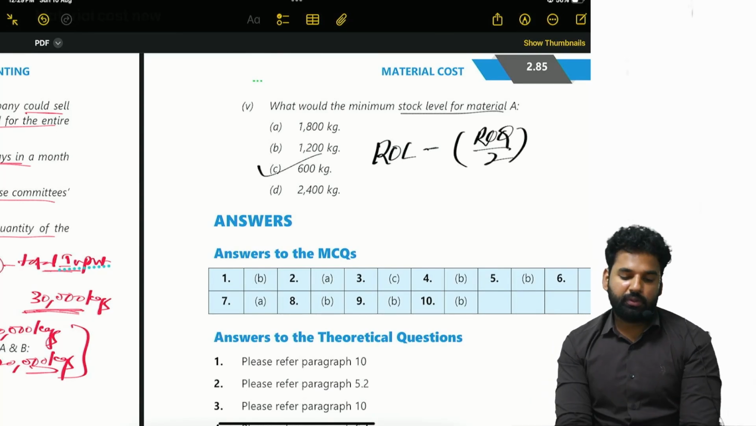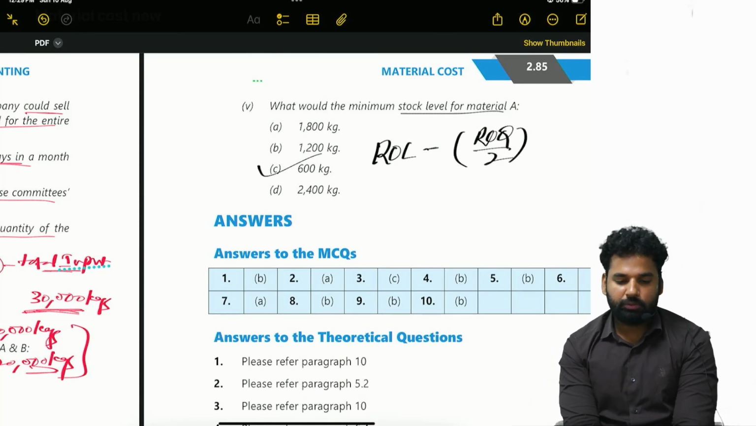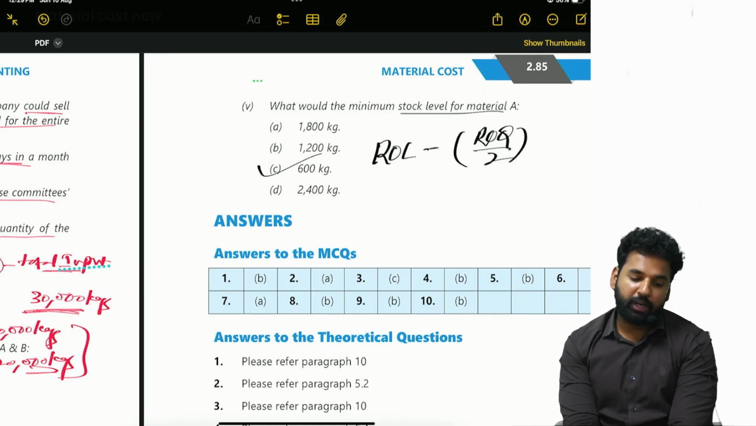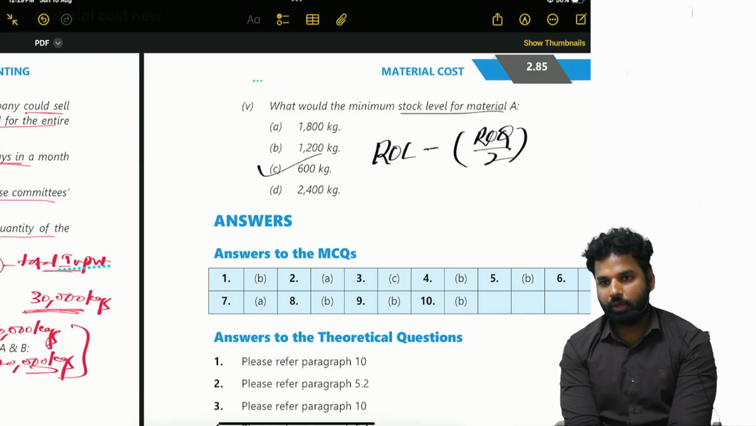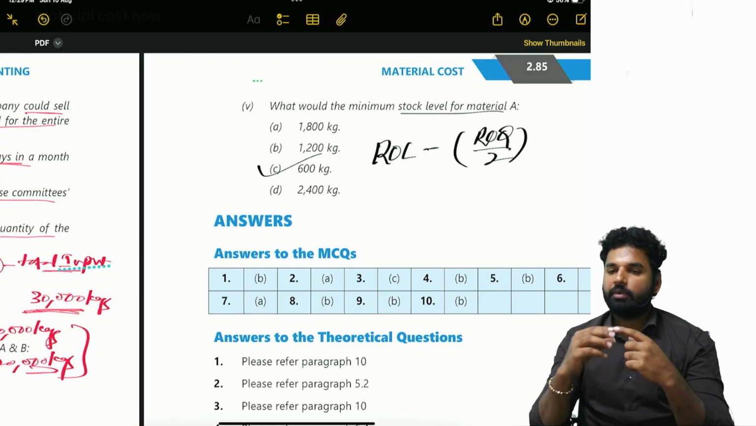So with this, we are done with all the questions of material cost. So 14 illustrations we have solved. Okay, 9 practical questions and 1 case study question, and all the answers we have seen. Okay, great. So we are done with material cost. In this, the most important concepts are